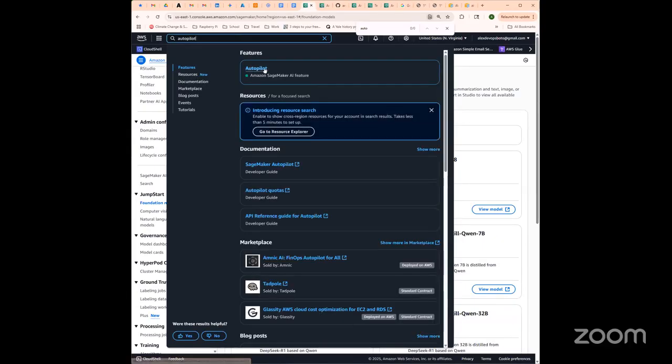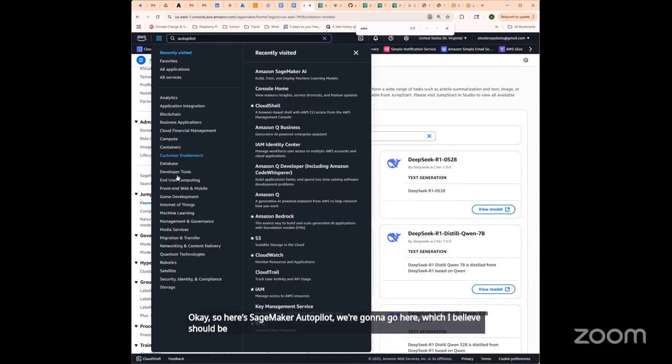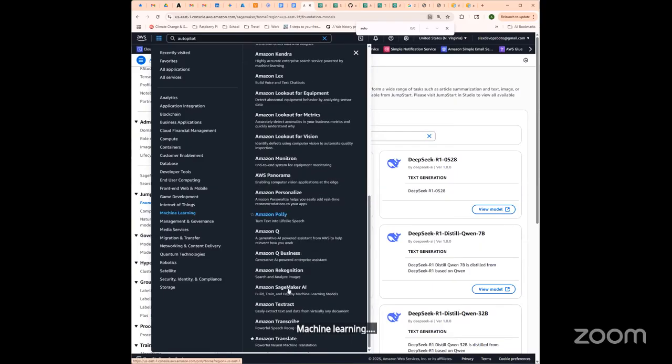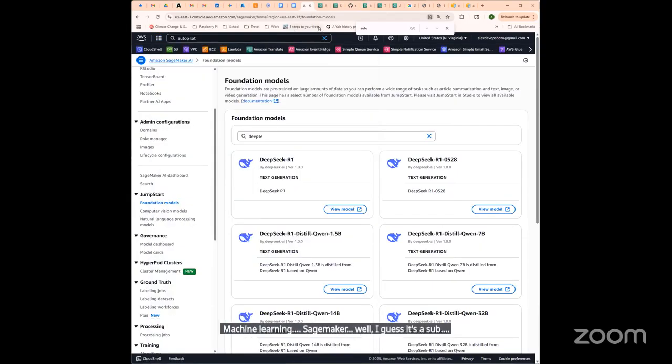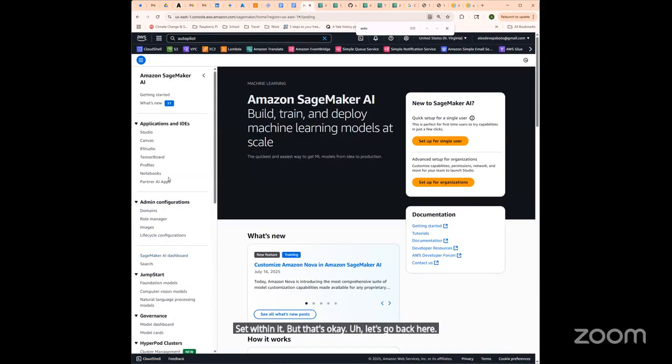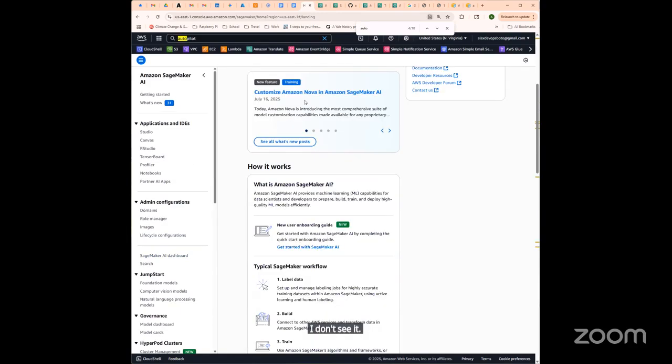Okay, so here's SageMaker Autopilot. We're going to go here, which I believe should be under machine learning. Machine learning, SageMaker. Well, I guess it's a subset within it, but that's okay. Let's go back here. I don't see it. No, I don't see it.